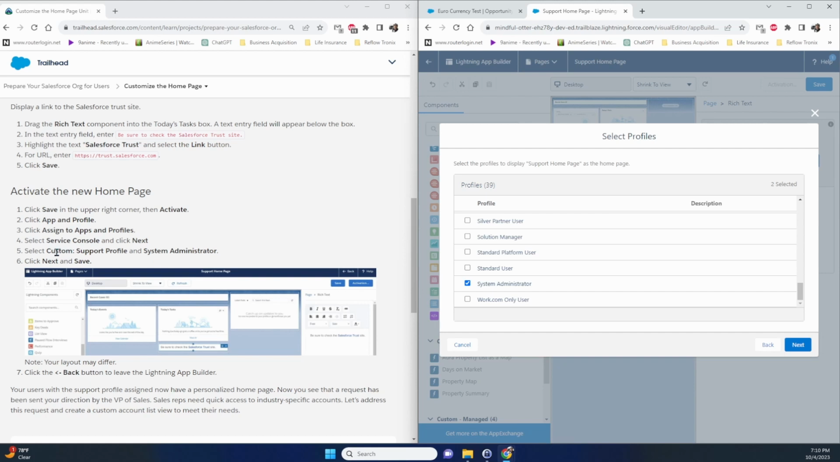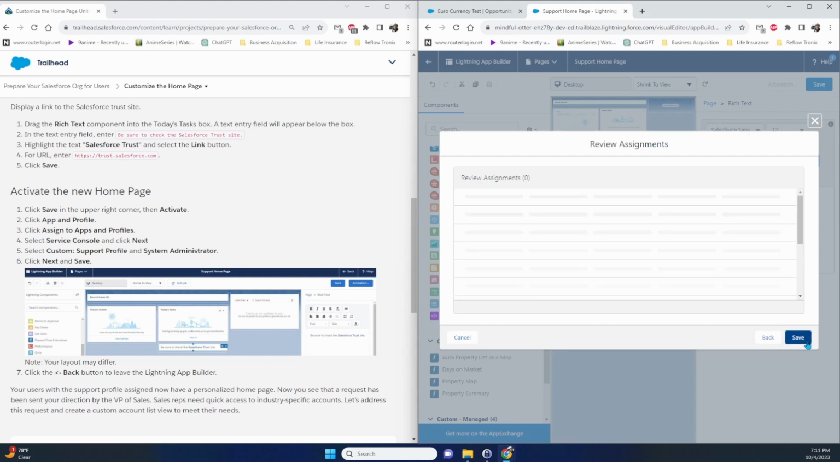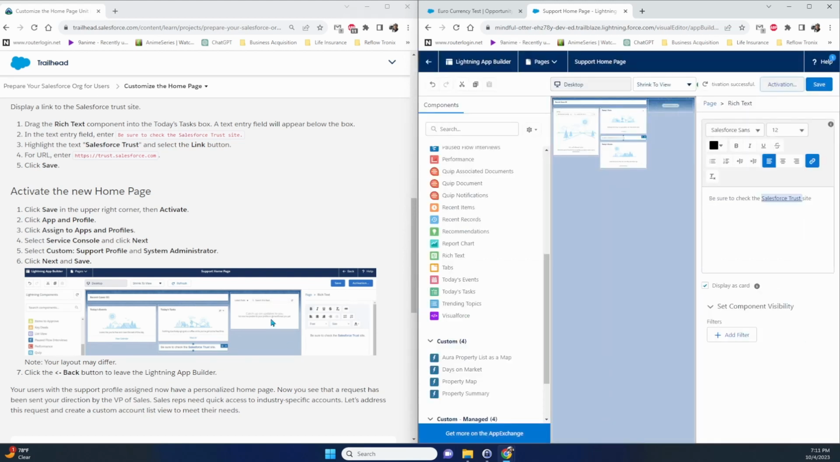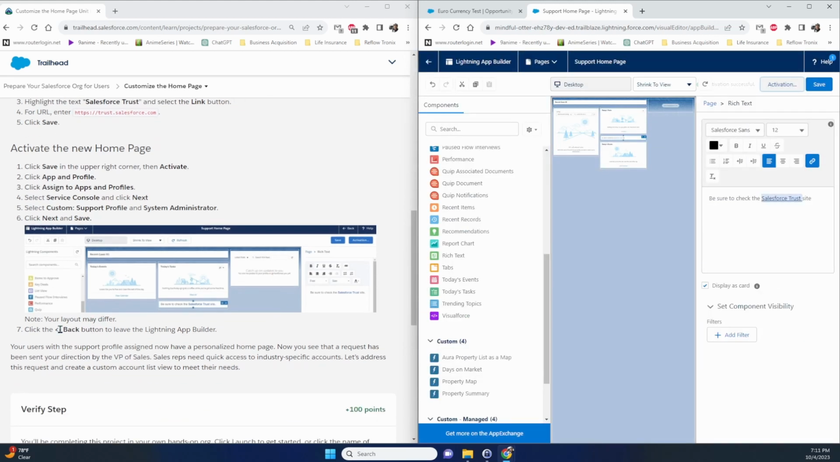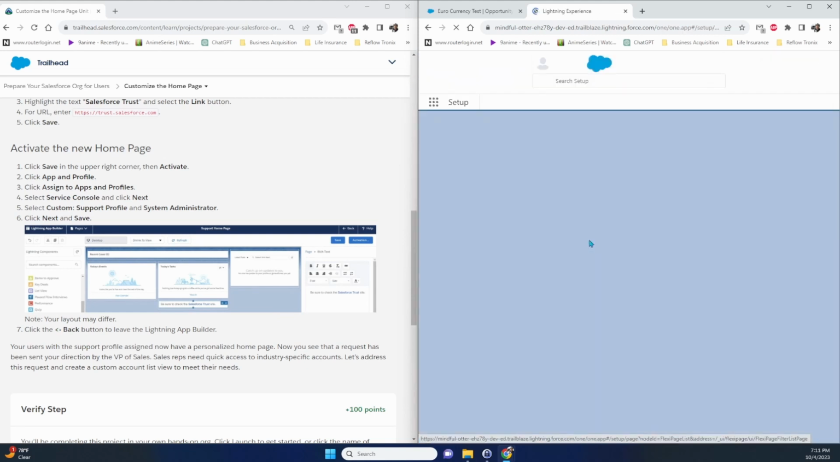So these profiles will probably be the only ones that will be able to see it. This is where the nice thing about Salesforce is they give you a lot of flexibility and control on how you want things to display. So even if you create things, unless you add it to somebody's profile, nobody's going to be able to see it other than the administrator because they have to go in to make modifications to it. All right, click next, save, and then click the back and leave the Lightning app. So back button, leave this, and